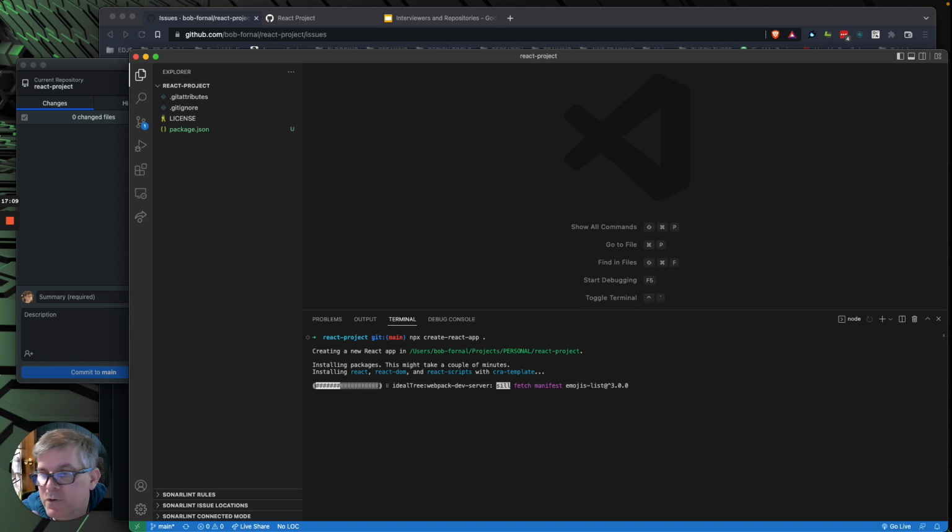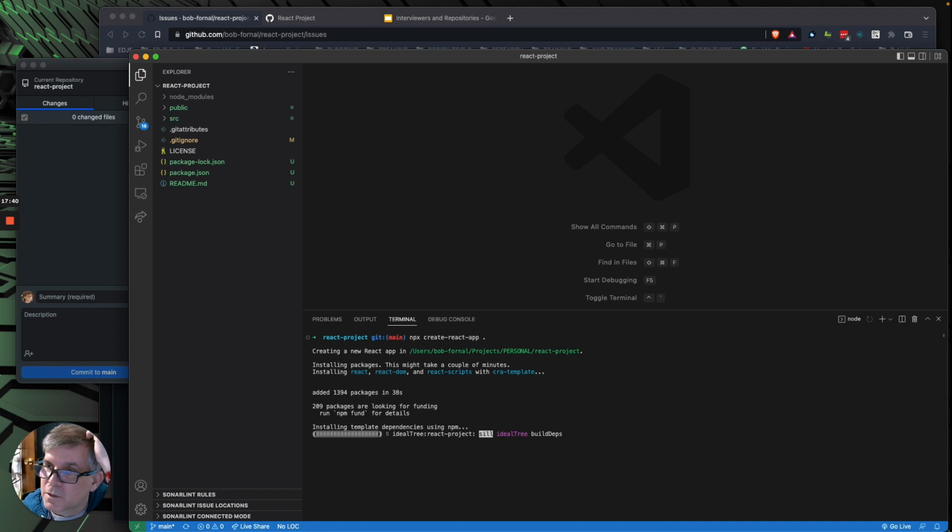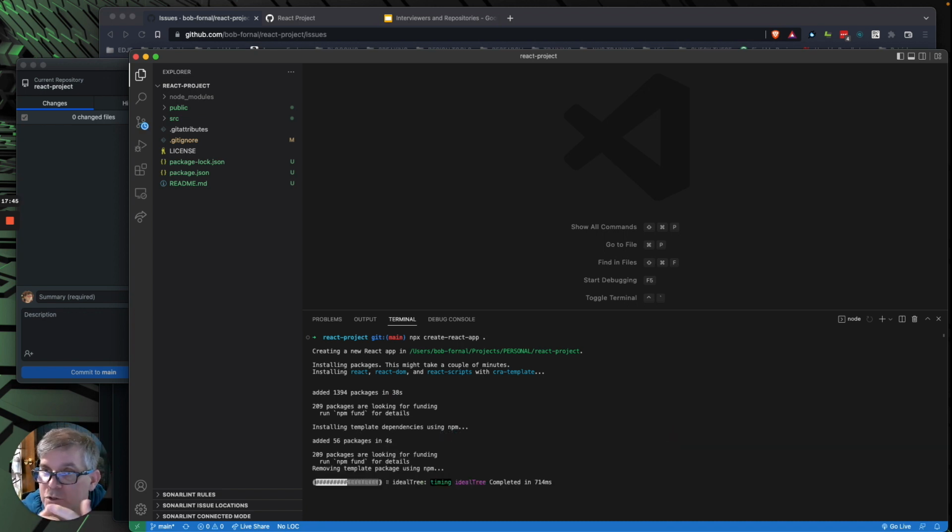After this is done, we're going to run an npm start. We're going to verify that this React works. Additionally, just realize we're on main. We don't want to be pushing to main. We want to be using repositories properly. We want to use good business practices. This is what this whole project is about. This whole recording is about. It's to give you an idea of what some of those business practices would be. But this is also a pattern that happens to me all the time. I start working on code and realize I'm in the wrong branch. Before I commit, there's a lot I can do to fix that, and I want to showcase that here.